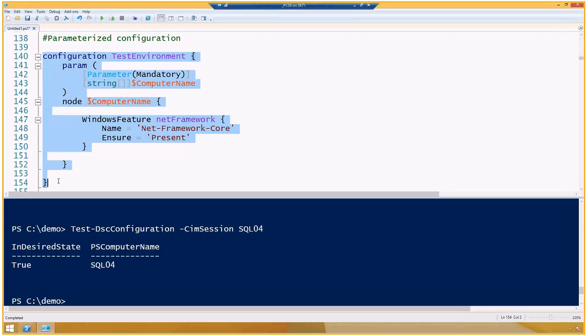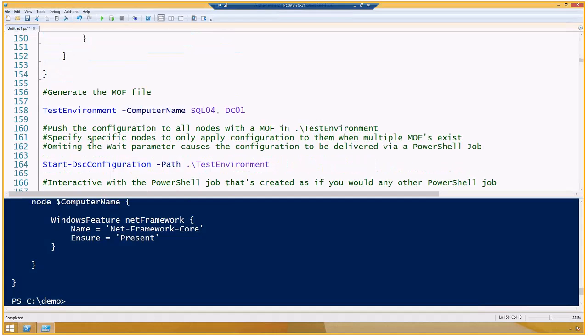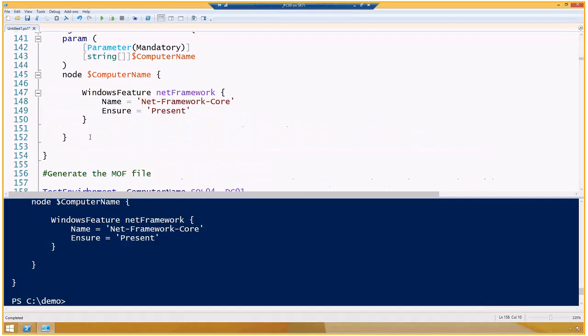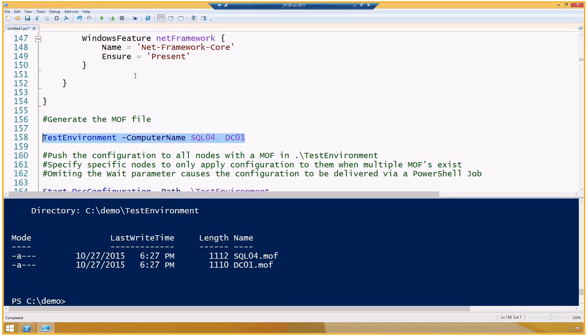So I'll go ahead and run this configuration, and notice this time I've given it a meaningful name, and even my Windows feature I've given a meaningful name also. So TestEnvironment is the name of my configuration. So I'll call TestEnvironment, and with this one configuration I can give it multiple server names and create multiple managed object format files in one command without having to write two